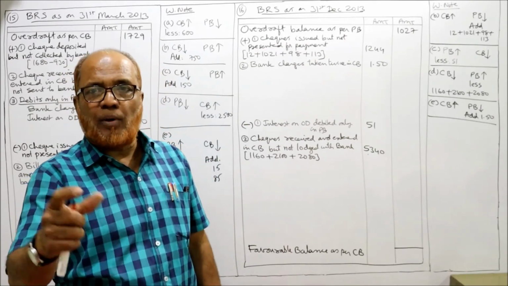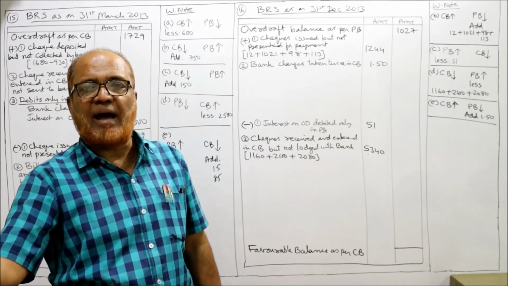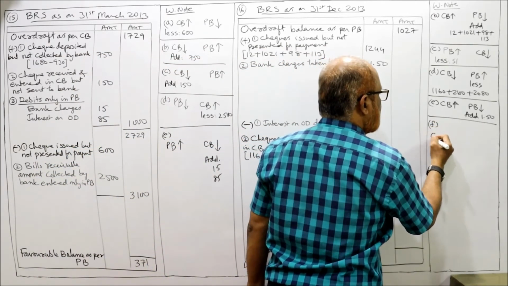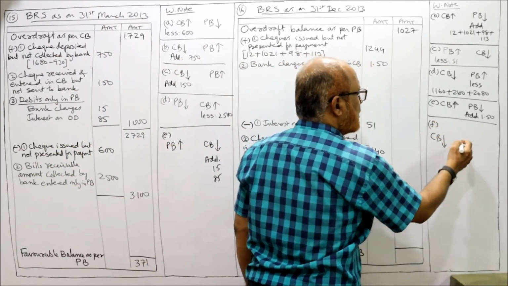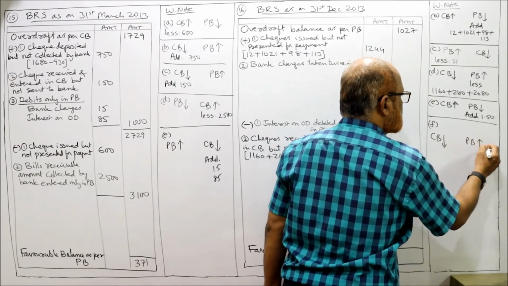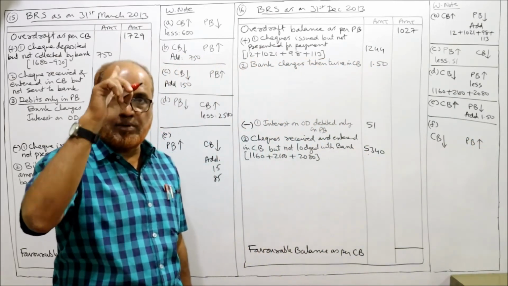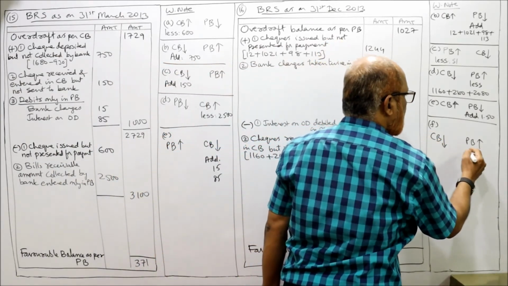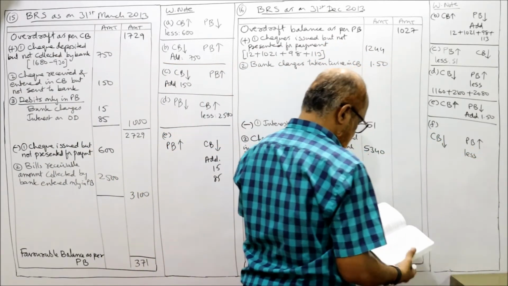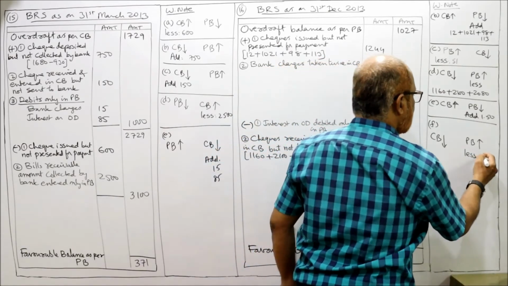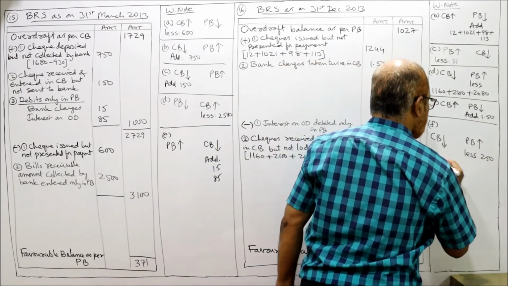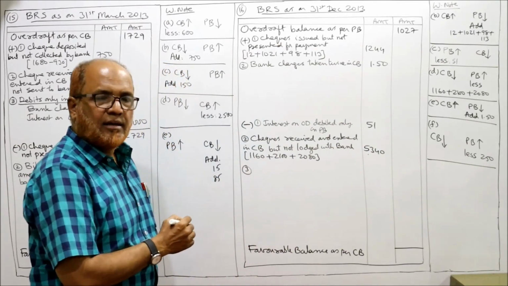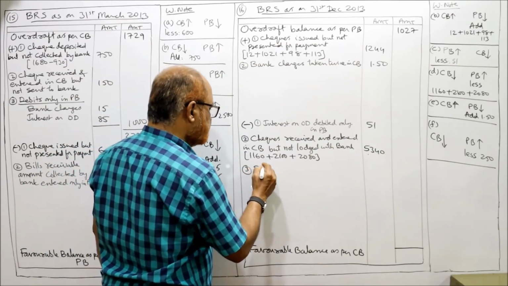So when we deposit the bill with the bank, we have recorded in the cash book. Cash book overdraft has decreased. Passbook overdraft is still showing more balance because collection was made in January. Our starting point is passbook. It is showing more. So we have to deduct. Less amount is 250. So here I am writing bills receivable